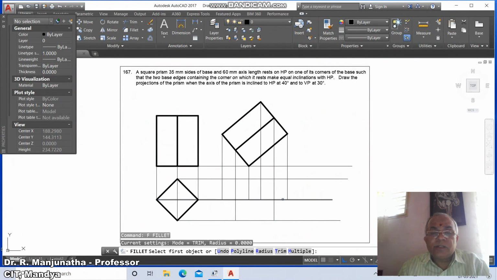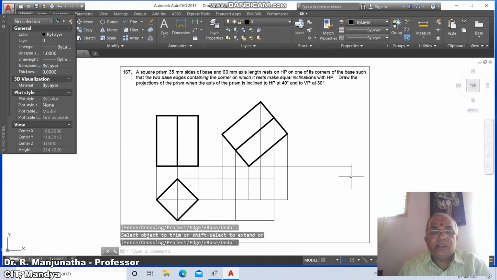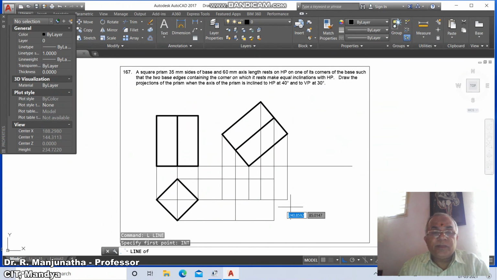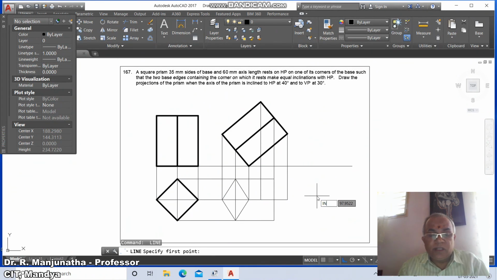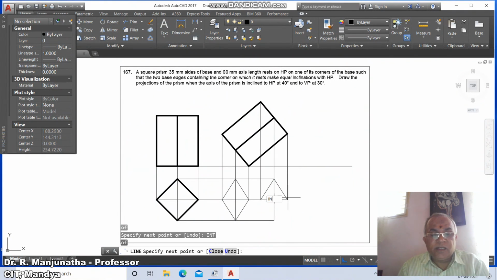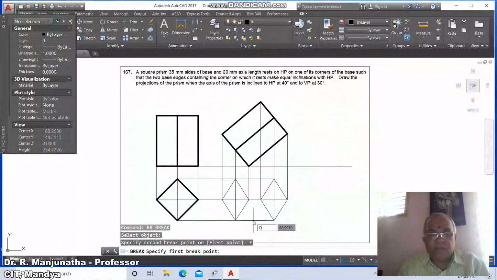Once you do that, you just go to fillet between these two, then go to trim, select this as the cutting edge, select this as the object to trim, then go to line, take int of this and say int of this and say int of this, take int of this and say close, and go to line int of this and then int of this, then int of this and take int of this, then close, and go to break, select this first point